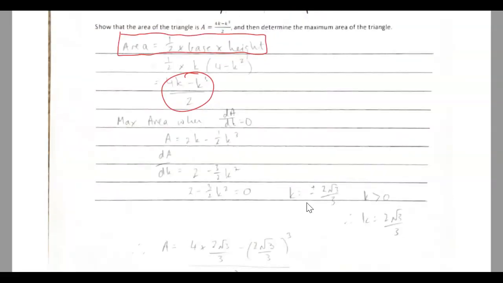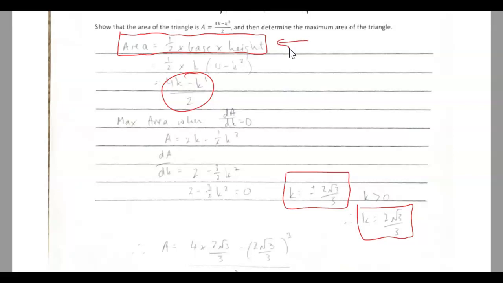Just remember there were 2 solutions for k. But because k has to be greater than 0, k equals 2 root 3 on 3, or if you had 2 on root 3, that's fine. I just rationalize the denominator. Some of you got to that point and then stopped. That's not your maximum area. That's your value of k. Your maximum area